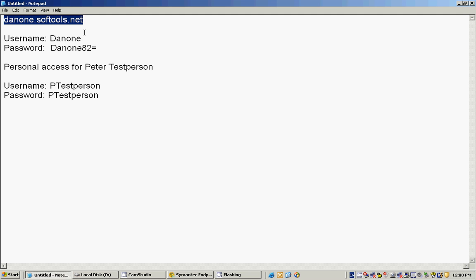One is a general access code. That's the first pop-up box. After you have logged in, you will see that pop-up box. You use the username Danone with a capital D, and the password is Danone82 and the equal sign, also with a capital D. After this first pop-up box, the system will ask you for a personalized username and password, and